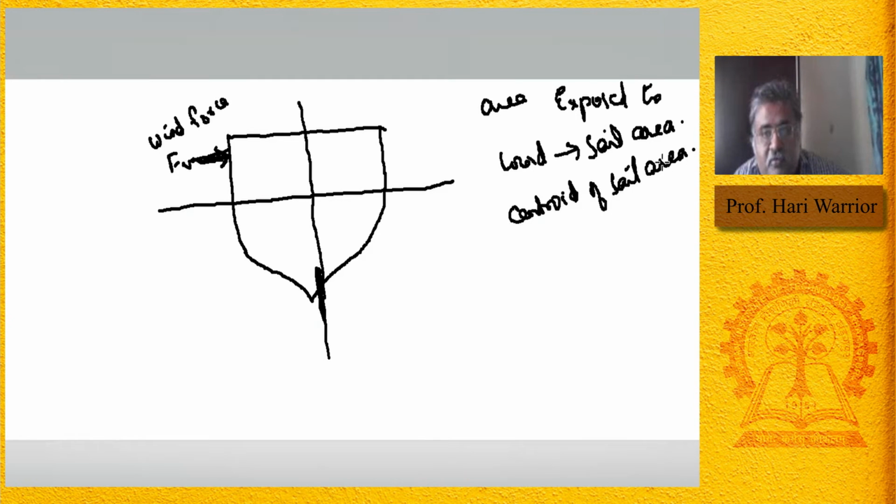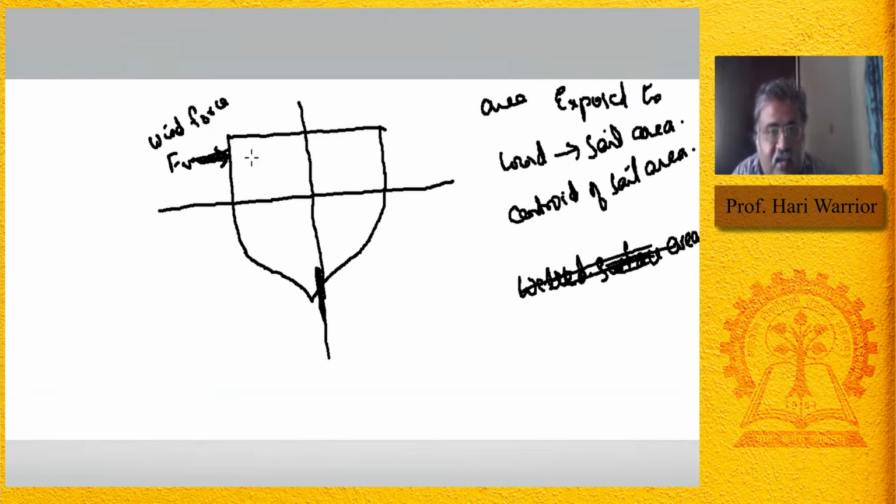By the way, do you remember what is the area that is exposed to water called? Somebody? No. So nobody knows that. It is known as wetted surface area. Not required here, but it just came up. This area that is completely touched by the water is known as the wetted surface area. Okay, this is not required here. So basically we are dealing with the wind. We are only interested in what happens above this mainly.